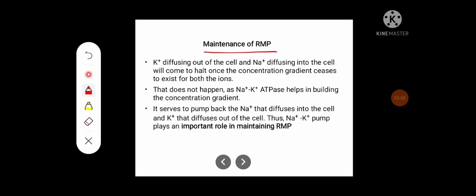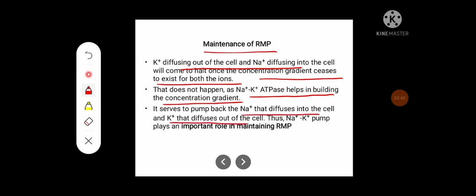Maintenance of resting membrane potential. Potassium diffusing out of the cell and sodium diffusing into the cell would come to a halt once the concentration gradient ceases to exist for both the ions. That does not happen as sodium potassium ATPase helps in building up the concentration gradient. It serves to pump back the sodium that diffuses into the cell and the potassium that diffuses out of the cell. So, thus, the sodium potassium pump plays an important role in maintaining